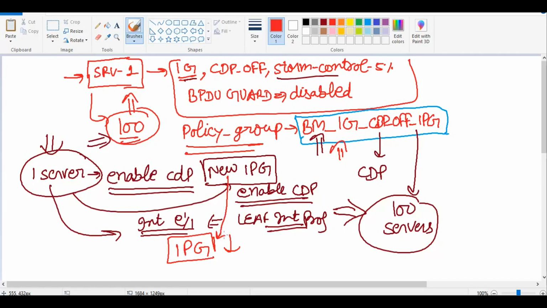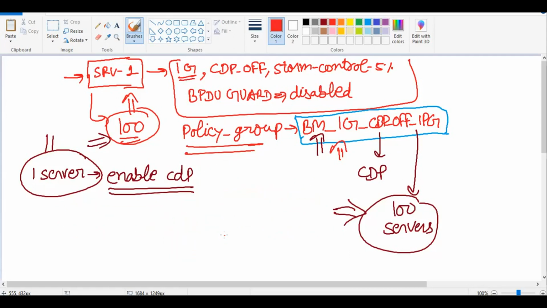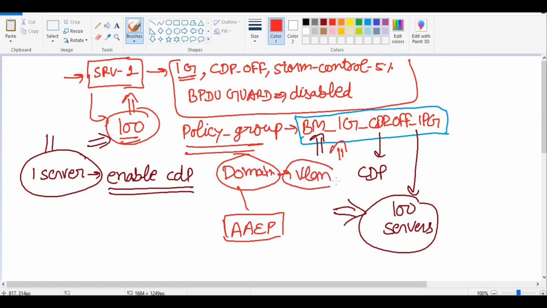But the problem with this approach is that if we are calling a new interface policy group, there will be disruption. This server will be disconnected from the network. Why? Let me tell you. If you remember my previous lecture, we have the AAEP, right? And our AAEP is connected to the domain, and all the VLANs and EPGs are connected to the domain.